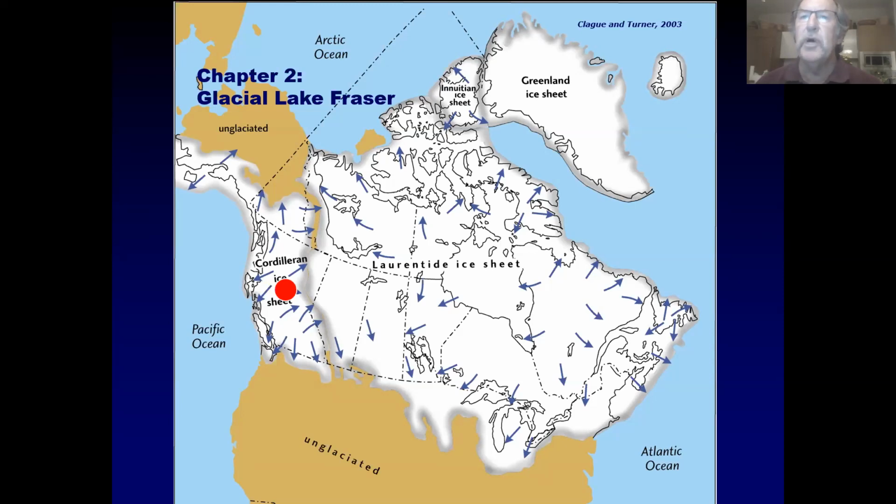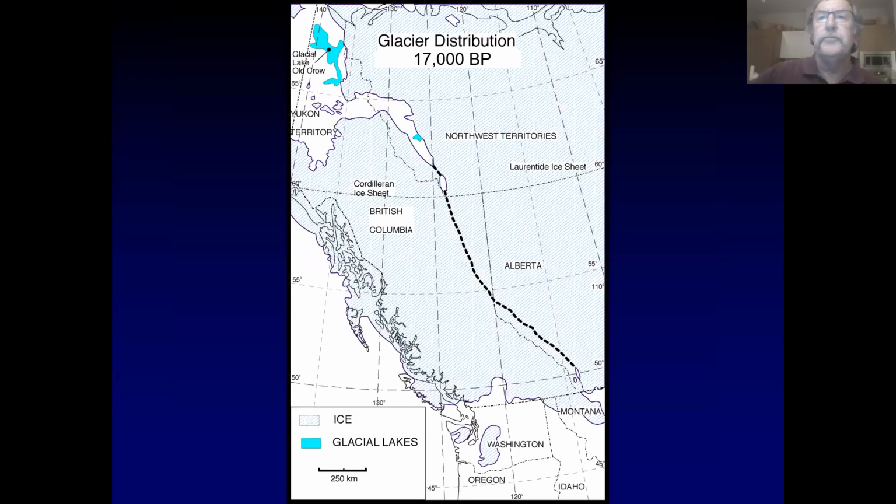But in the back of my mind, I was pretty convinced that Glacial Lake Fraser was the source because it was the largest body of water that could release and produce a flood of the size that would transport sediment into Saanich Inlet. So that's basically where we're going now, the second chapter in this story, looking at Glacial Lake Fraser. And to do this, we have to introduce the question of when this flood possibly could